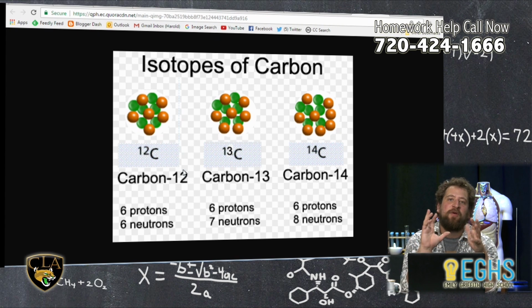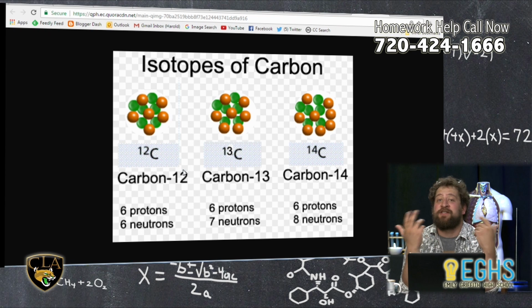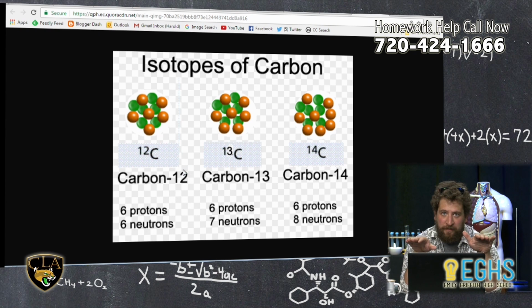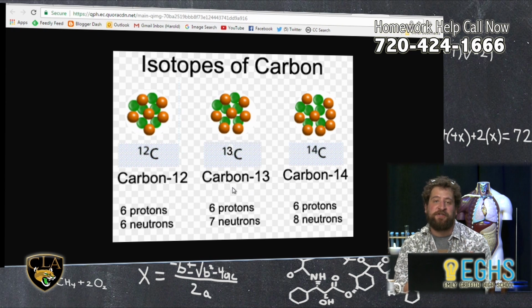elements are typically formed inside of stars. It's the heat and pressure inside of a star, like our sun, that allows complex elements like carbon to be cooked. You can have situations where special kinds of carbon are created. Now, all carbon has to have 6 protons. The number of protons in an atom always dictates what kind of atom it is. So carbon has to have 6 protons, but it could have more than 6 neutrons. In this example, we see carbon-13 and carbon-14, carbon-13 having 7 neutrons and carbon-14 having 8 neutrons.